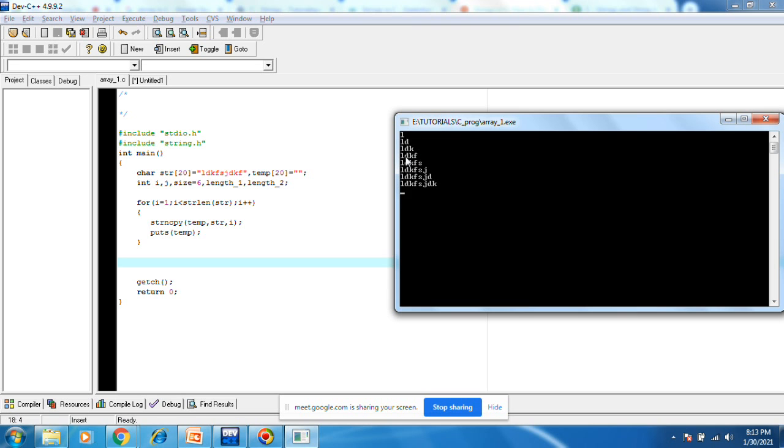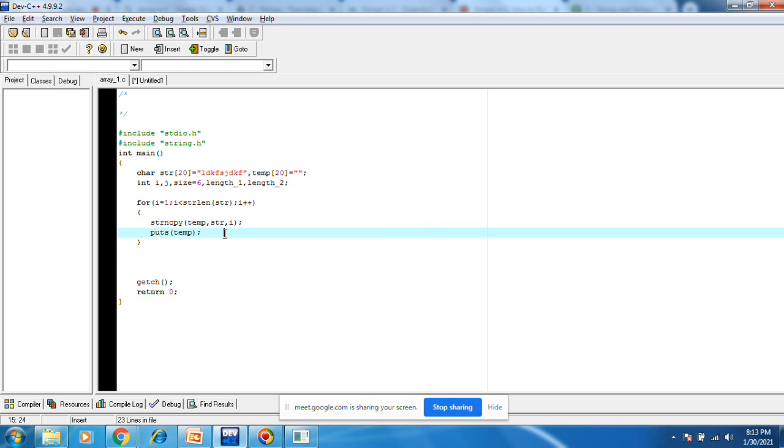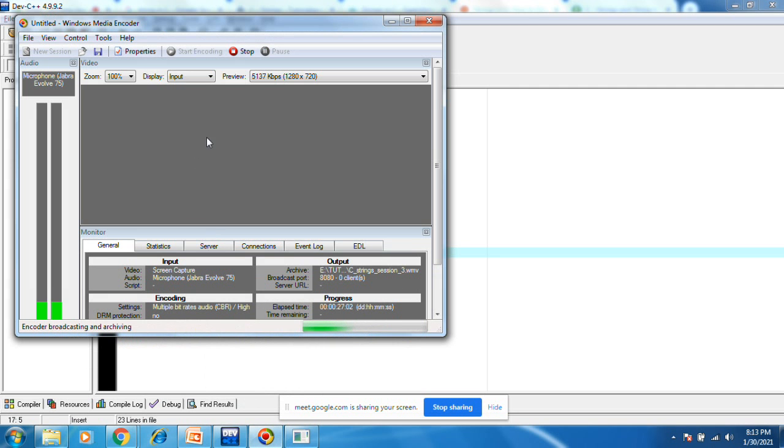All this section also has possible substrings, and this section also, and again this section. Like that, you can write a program to print all possible substrings, correct? This is your homework for now. Let's close this. We'll continue in the next.